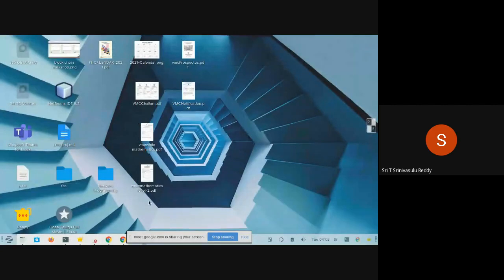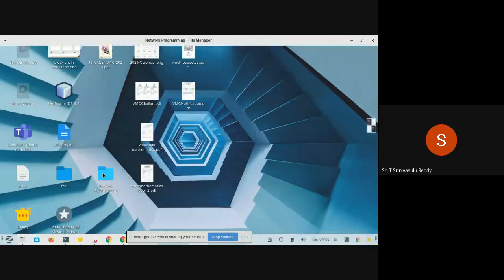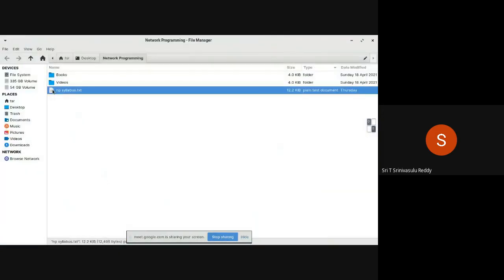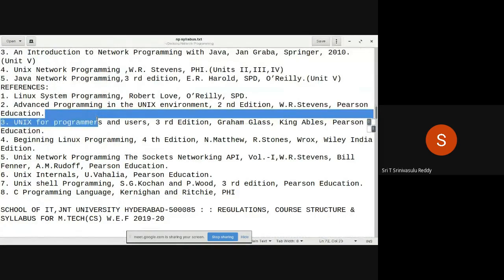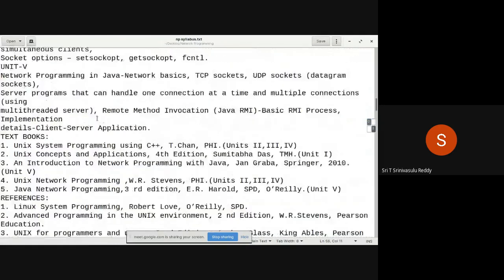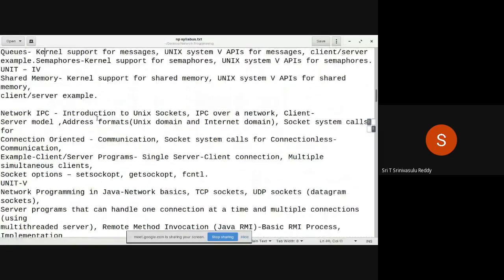So if you just take a look into the syllabus once again, in Java. Okay. So network IPC, if you take it starting from here, introduction to Unix sockets we have done,